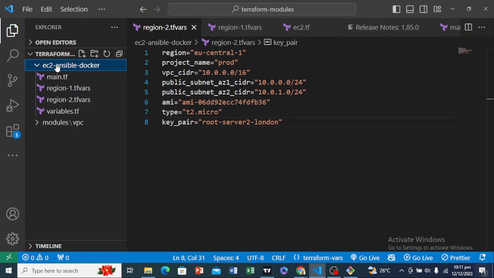So this present region now, this EC2 Ansible Docker, you can call it region 1, this whole directory, and you can create an exact same directory again, and you can call that region 2. But now you have to move this region 2 tfvars file into that directory. I get what I'm saying. So that way it can also work to isolate your Terraform state files so that you do not get any mix-up. So with that,